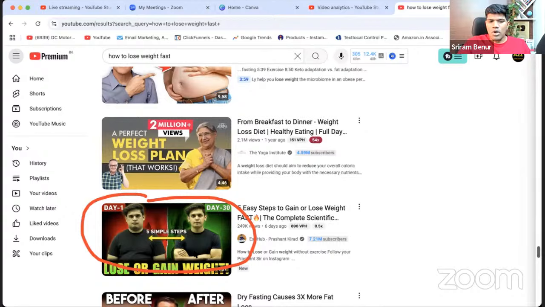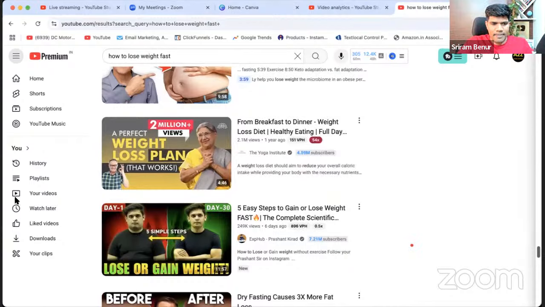Okay. "Lose or gain weight." Now say, for example, if it said only one thing. If it said "lose weight," it would grab even more attention of those people who want to lose weight. If it says only "gain weight," again, it would attract the right kind of audience as well. Now here it says both. So again, you can keep it specific to one particular thing, right?